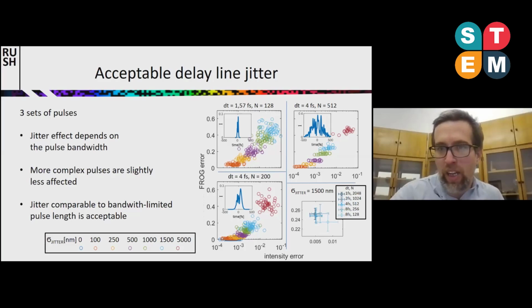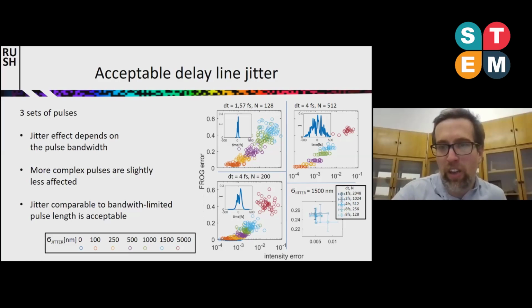And here we did some testing where we tried different sampling, different number of measurements, to see that we don't get an effect when we do the simulations for different numbers of measured delay points, and so on.